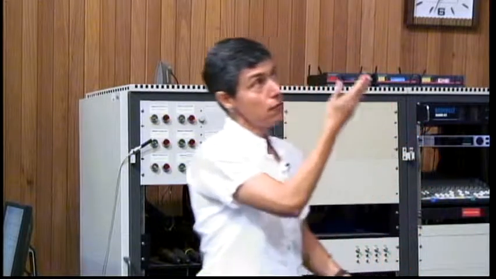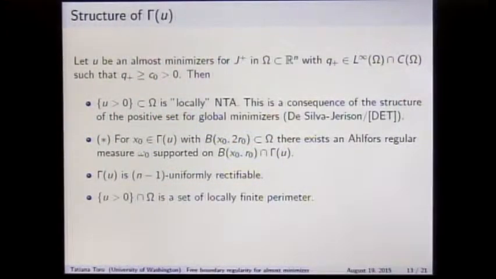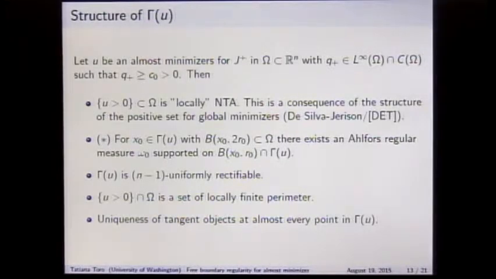Why were we happy? Well, it's a nice result, but in particular, if you're uniformly rectifiable, you're rectifiable, and therefore, you have unique tangent objects. Suddenly, we have constructed that measure, and we have constructed the unique tangent object at almost every point. We're in business. I want to point out that even for minimizers, this had not been done. So in particular, we have that this is a set of locally finite perimeter. But as I said, this was for us the key point. Okay? We have these unique tangent objects almost everywhere.